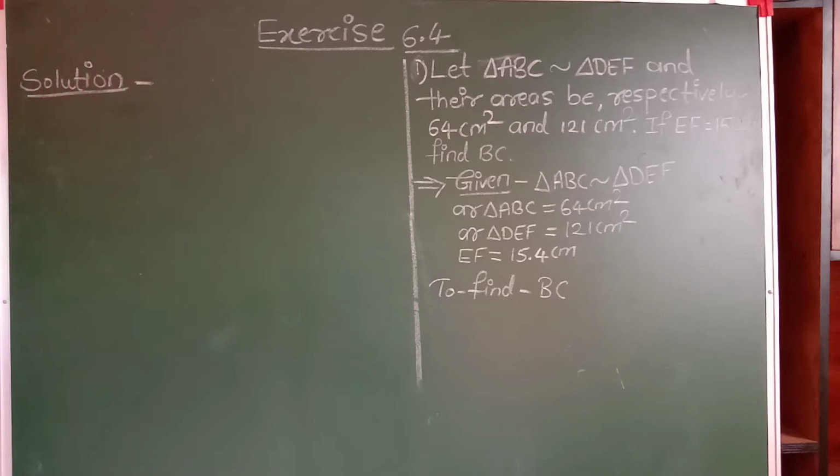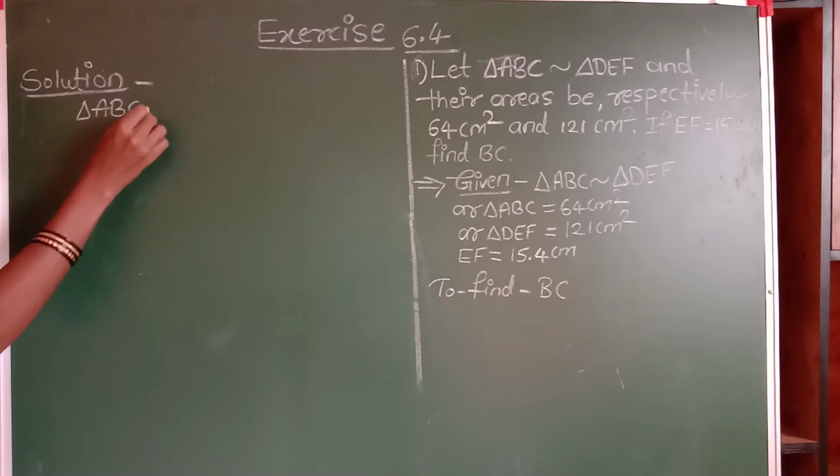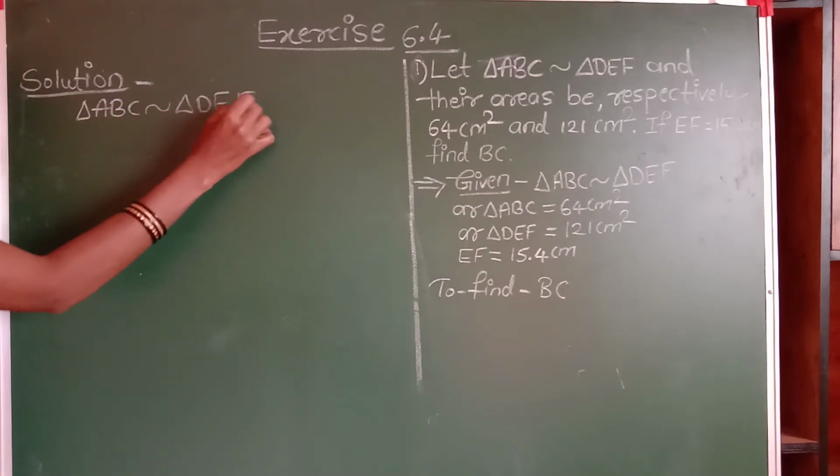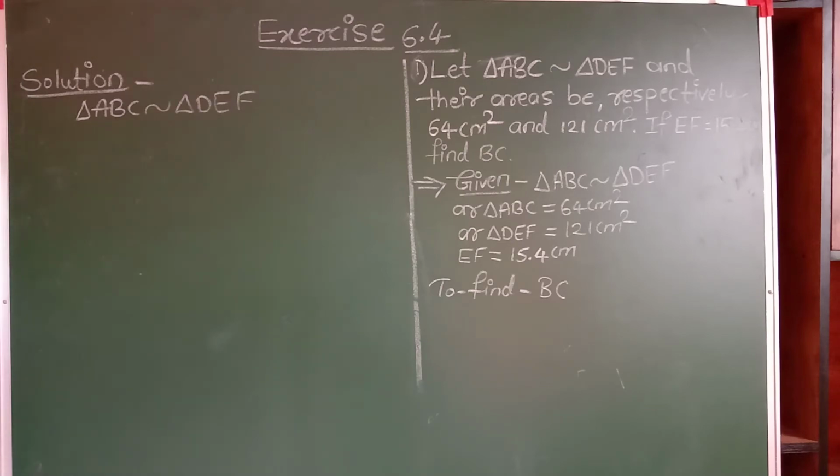Here, triangle ABC is similar to triangle DEF. We know that if two triangles are similar, the ratio of areas is equal to the square of the ratio of its corresponding sides. I will write here, we know that